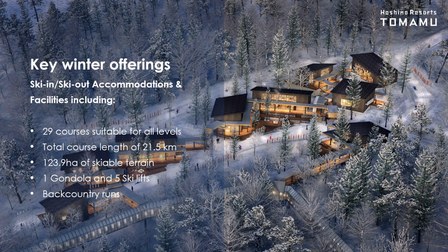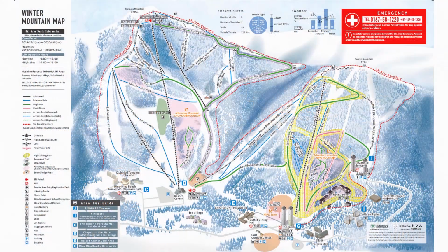Let's quickly take a look at our mountain map to get a clear idea about the resort. This is our resort. As you can see, the 4 towers are the accommodation that makes ski in and ski out very easy for our guests. The resort is equipped with 1 gondola, 5 lifts, and 29 courses that can be enjoyed at the guest's doorstep. In addition to those courses, you can go anywhere within the boundary represented by the red dotted line. This allows more advanced skiers to find their own route